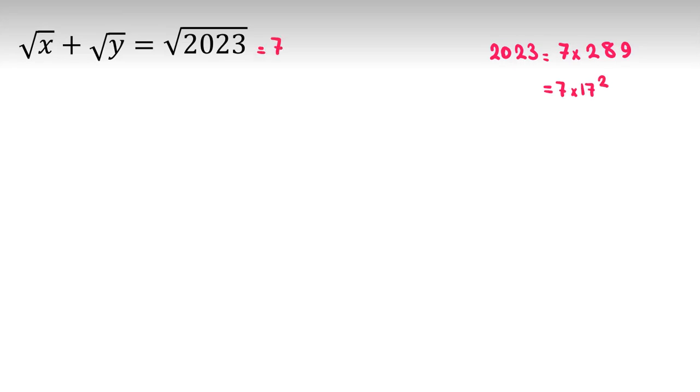So it will be 7 times 17 squared. If you simplify, it will be 17 root 7. Now,